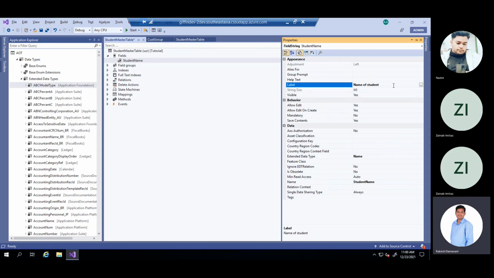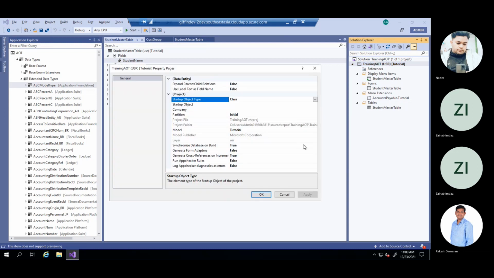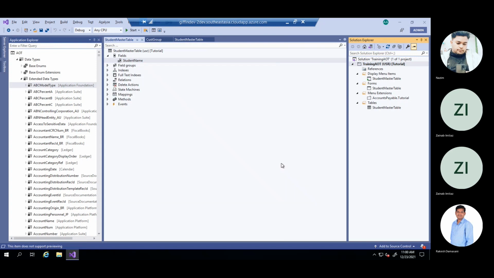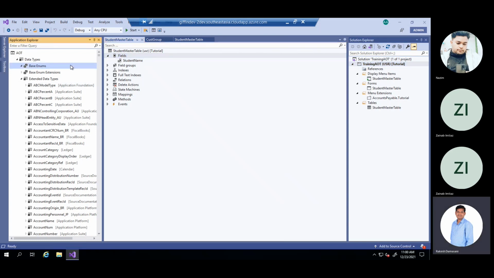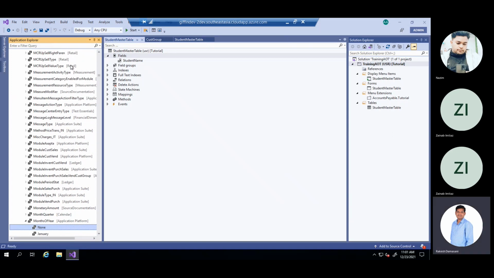I want name of student, so I change that. And after that, I will add base enum. Let's see base enum. Months of year.